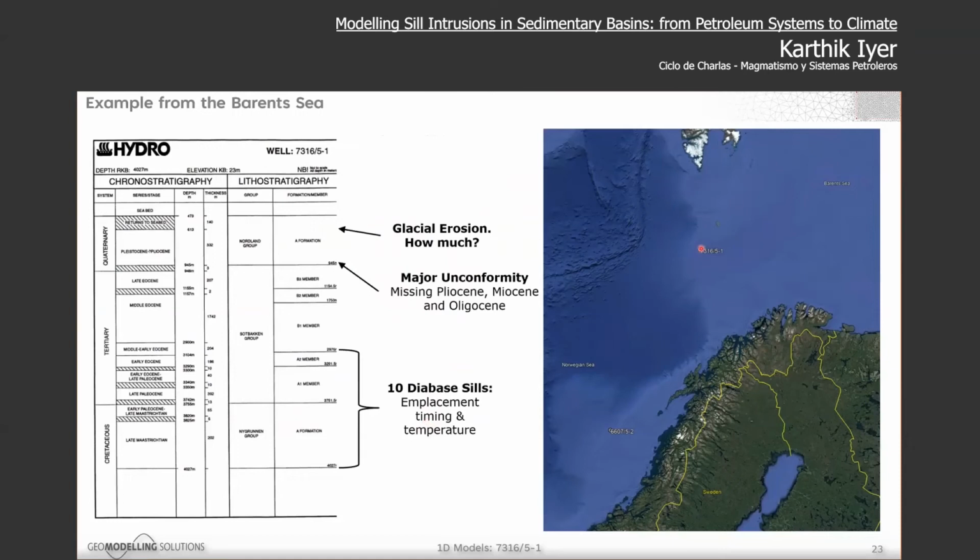And in this case, at the West Barents volcanic province in the Barents Sea, we also have erosion. That also affects how Retronite reflectance is changed overall, because any basin subsiding will progressively increase in Retronite reflectance, but if you erode it, suddenly you have very deep sediment sitting on top, and it will not match your general picture of how it should look at that depth. So we need to account for that as well if we want to match any of our measurements.